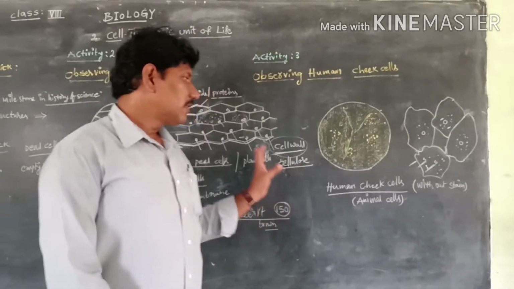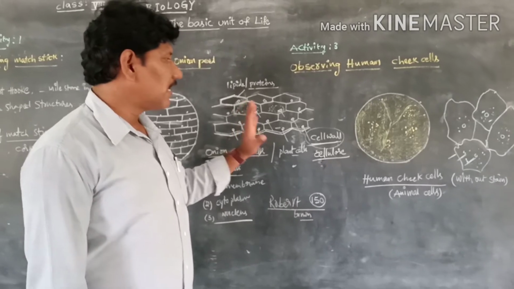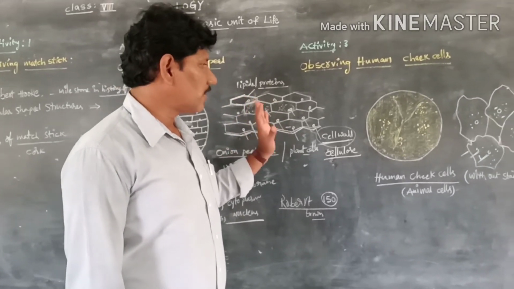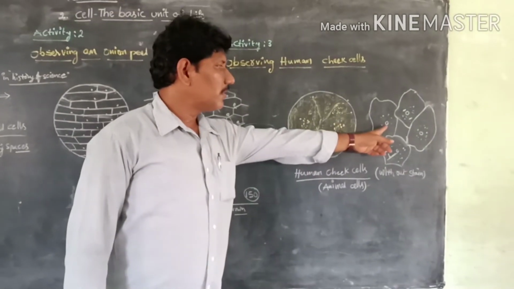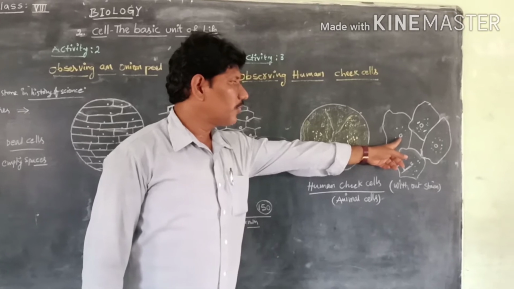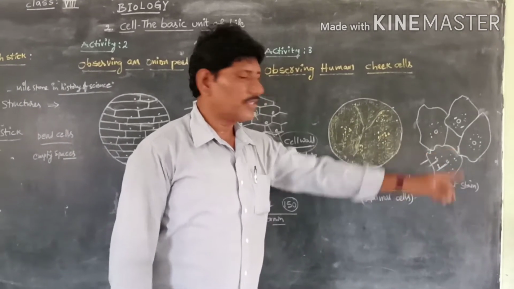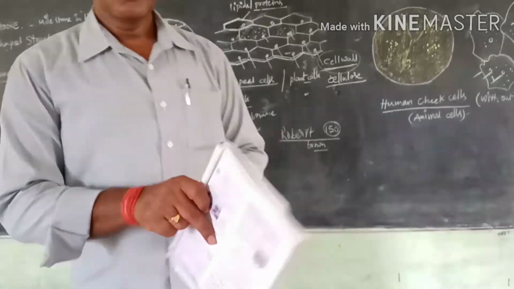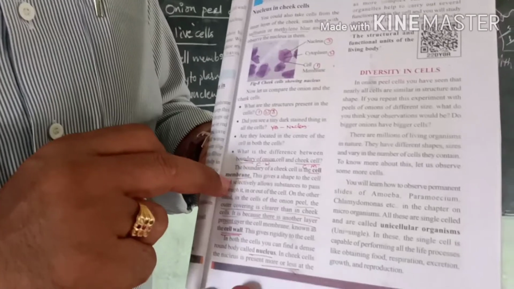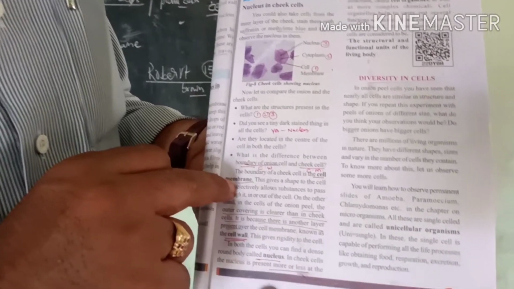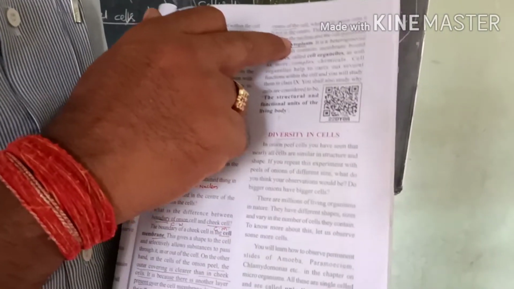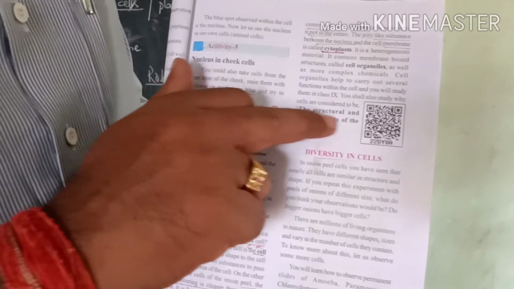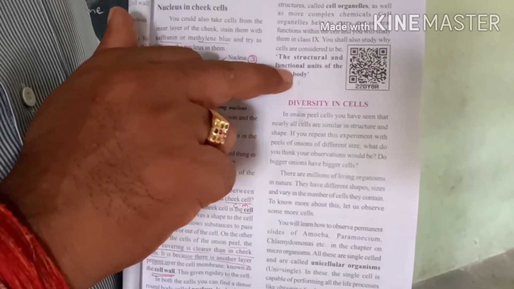So these are the differences between the plant cell and animal cell in basic structure, and also in the position of the nucleus: in a corner in the plant cell, whereas in the human cheek cell or animal cell, the nucleus is almost near the center. This is the structure of cells and the nucleus, and the basic components of the cell like cell membrane, cell wall, cytoplasm and all cell organelles, which we will learn in the ninth class first chapter, Cell: Its Structure and Functions.